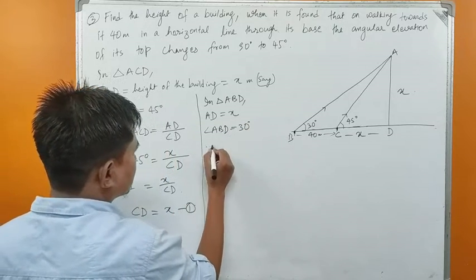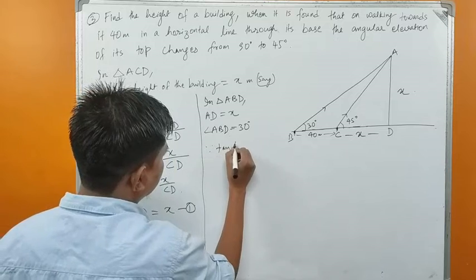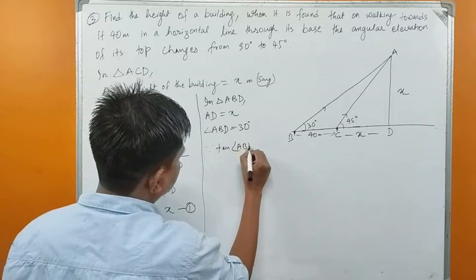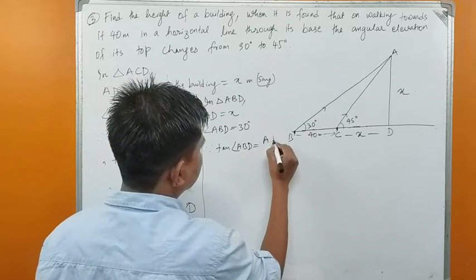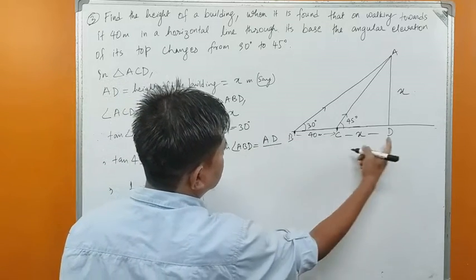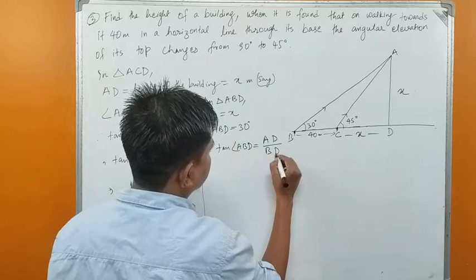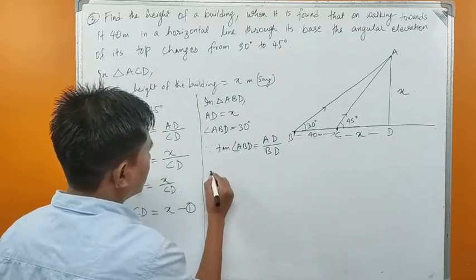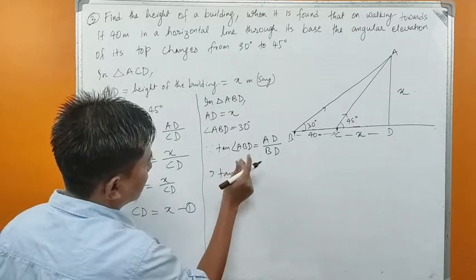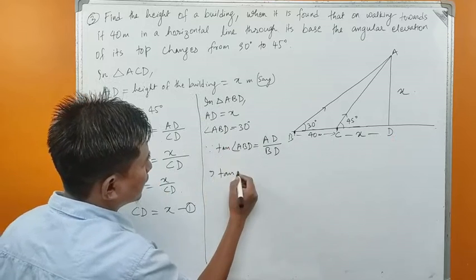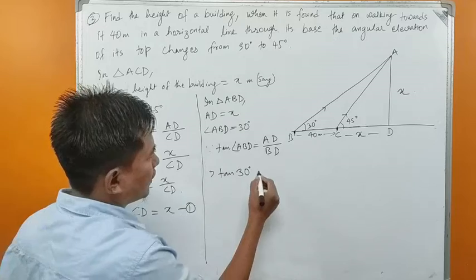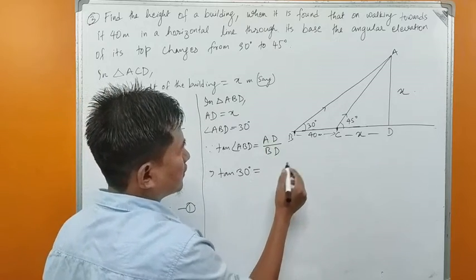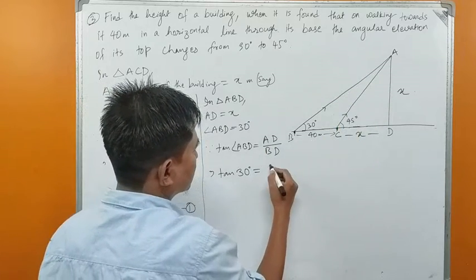Now since tan of angle ABD equals perpendicular upon base, the perpendicular is AD upon base BD. So tan of angle ABD, 30 degrees, equals AD, that is x,